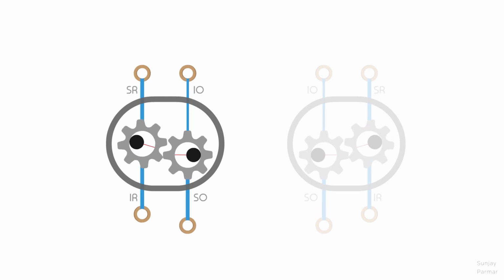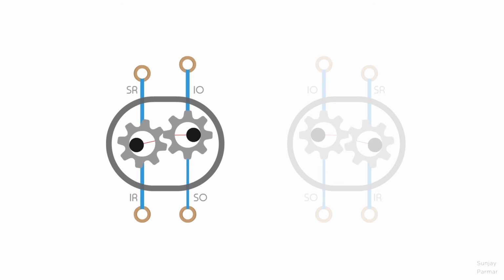If the superior oblique contracts, it causes the adducted eye to depress, as seen by the medial gear moving down. Also note that the superior oblique also causes intorsion of the abducted eye, seen by the red line on the lateral gear turning towards the midline. In the same adducted position, if inferior oblique contracts, it causes the adducted eye to elevate, as seen by the medial gear moving up. Also note that the inferior oblique also causes extorsion of the abducted eye, seen by the red line on the lateral gear turning away from the midline.